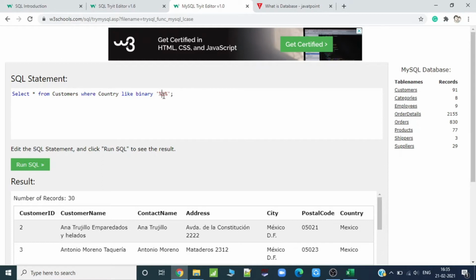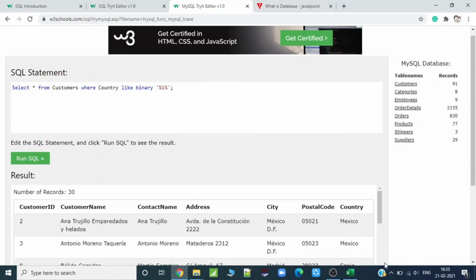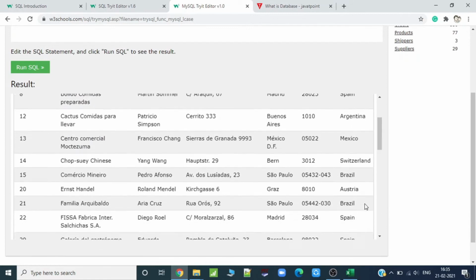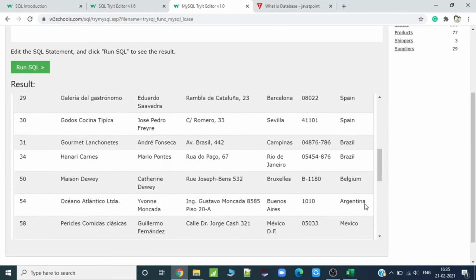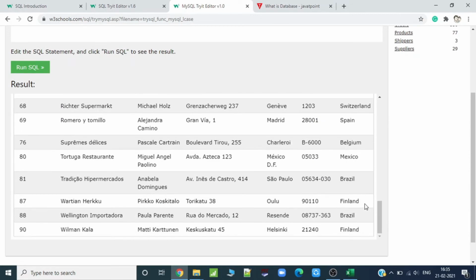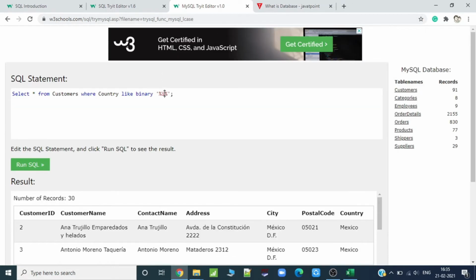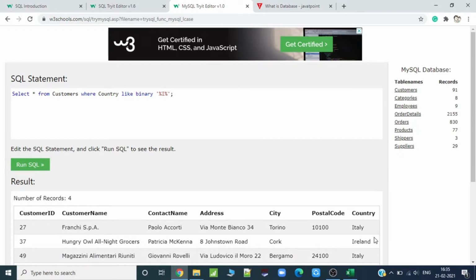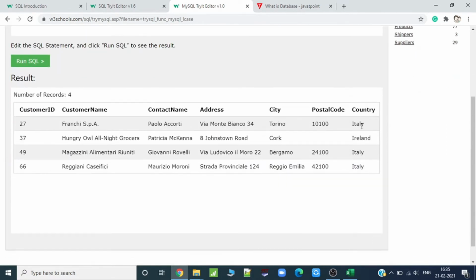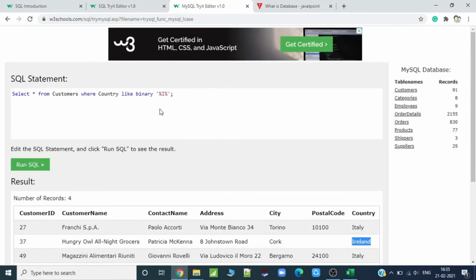So now only small i should be there. So Mexico, Spain, Brazil, Australia, every value is there, but you don't find Italy here. If I rename it with capital I, you can see Italy, Ireland, these countries, because they start with capital I but do not contain a small i.